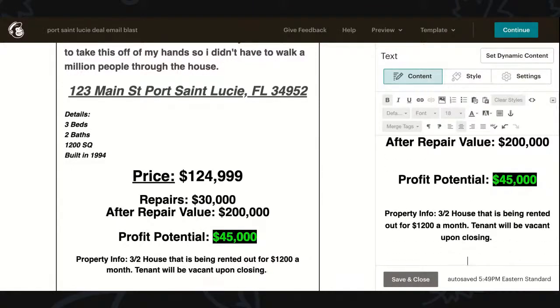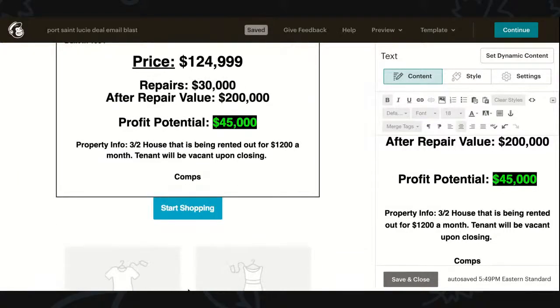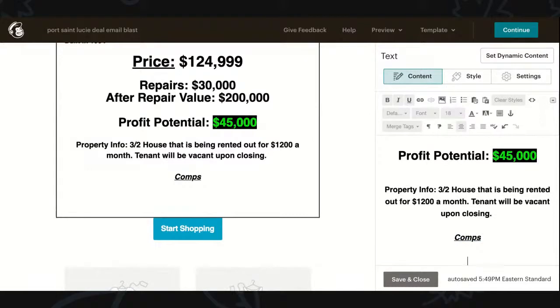And then sometimes we'll like to put comps. I like to do that too if you want, just so it's easier. But obviously the cash buyer is going to do their own comps for you. So the comps you can do here, let's scroll down. Just make sure people can actually see this. Let's see. All right, cool. People can see it. And so basically we're going to go here. So is that working? All right, cool. All right, comps. We're going to underline this one right here. And then just do your comp.